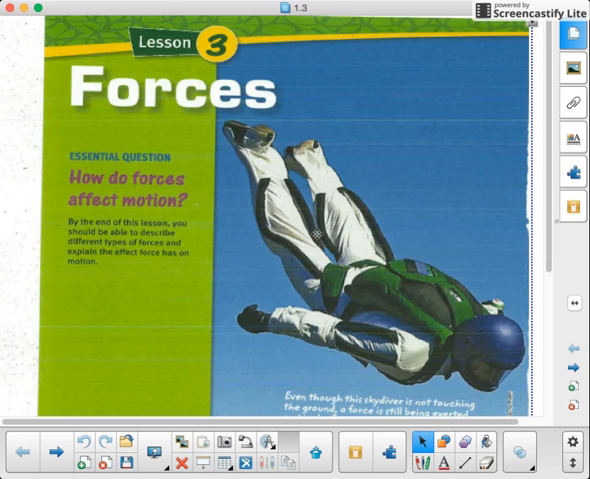These are the notes for Module I, Unit 1, Lesson 3. The topic is forces. The essential question is, how do forces affect motion? By the end of this lesson, you should be able to describe different types of forces and explain the effects